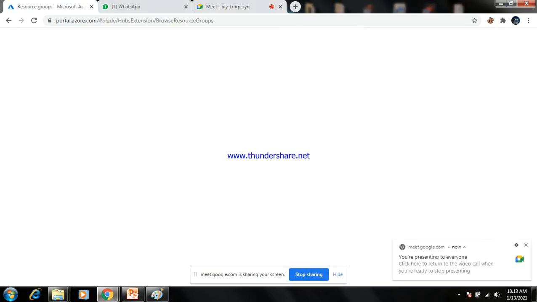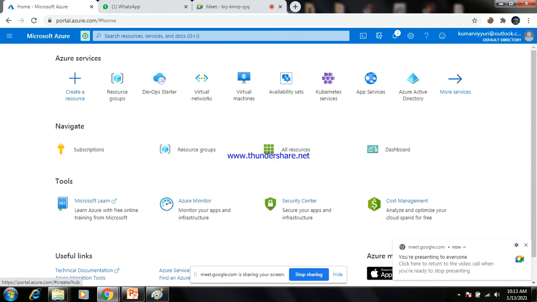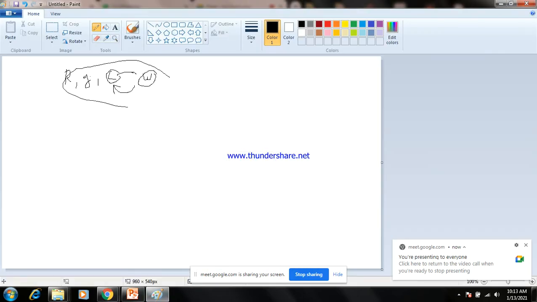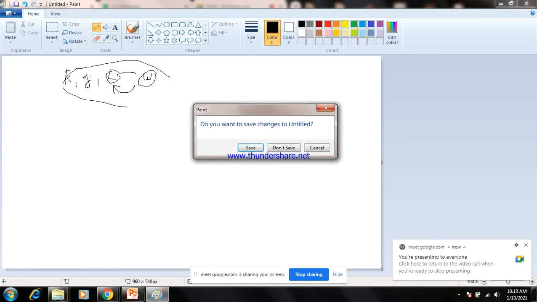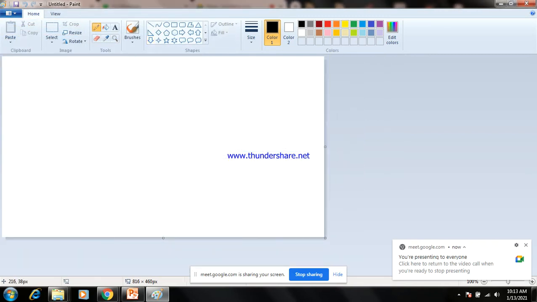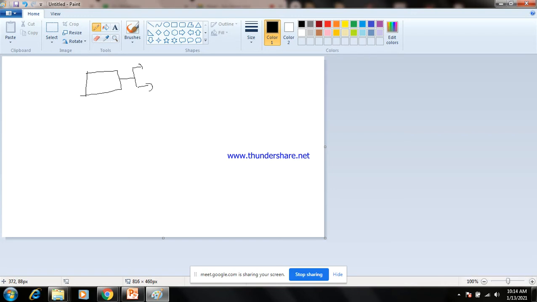So go to the Azure portal. Same, go to the resource group. So we are creating a Kubernetes cluster. This cluster has two nodes, node 1 and node 2, that you want to create now. Then go to the console, and you want to check whether your node is properly working or not.